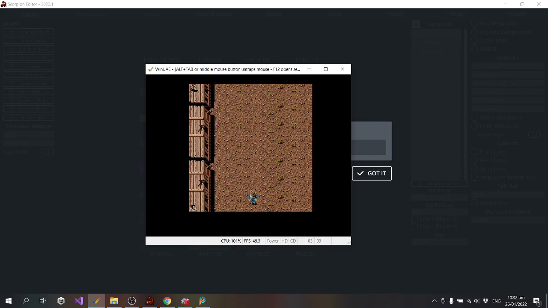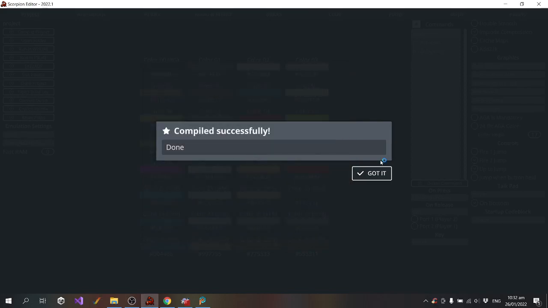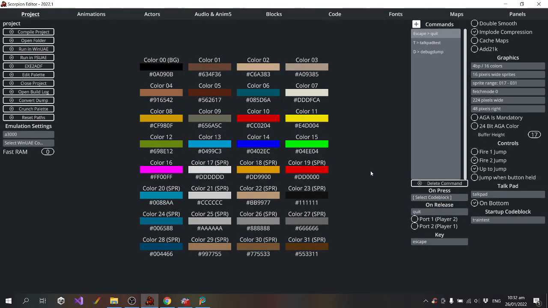Oh, it's running way too fast, but for a brief second you could see that I've got the train running by the screen.